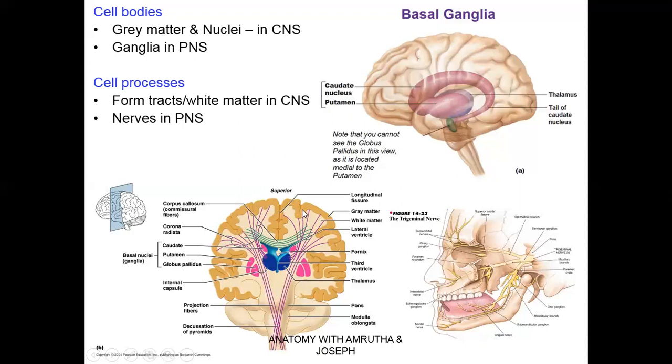Gray matter is the collection of nerve cell bodies seen on the periphery, and they give cell processes called white matter. Inside the white matter, there is again a collection of nerve cell bodies, another set of nerve cell bodies. They are called nuclei. So there's a slight difference between gray matter and nuclei. The nuclei also send fibers, and that forms the white matter. The white matter can be coming from the nuclei, or it can go into the nuclei. So there are descending and ascending fibers, or descending and ascending tracts.